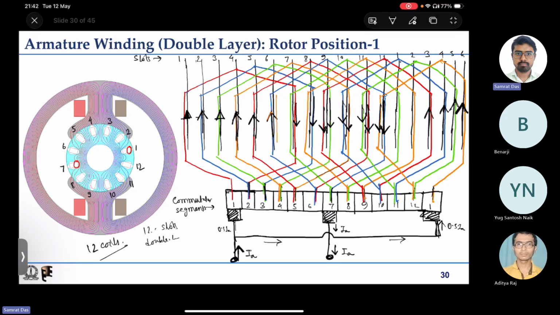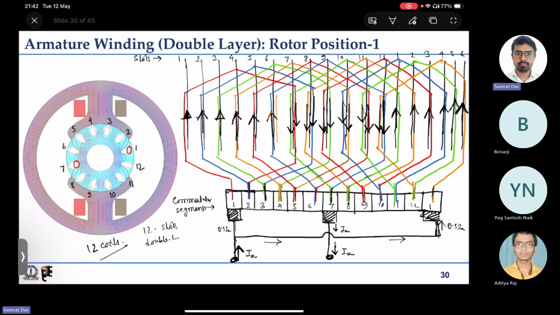Now from segment number 9 to the orange one, goes up like this, orange one goes down like this. Now segment number 8, transfer to the green one, goes up like this and comes back to the green one like this and gets collected at the segment number 7, and they are coming out, the intercurrent is coming out from here. So you can see that slot number 1, 2, 3, 4, 5, 6 are carrying current in